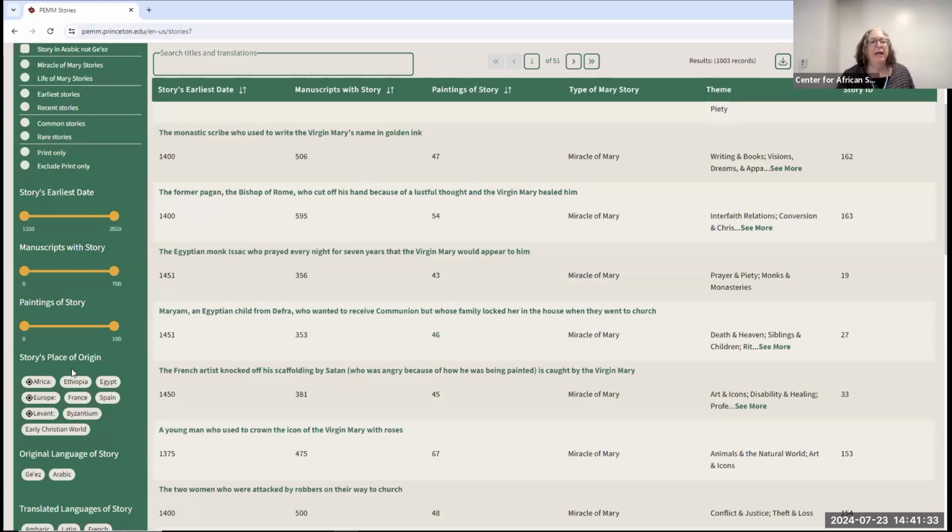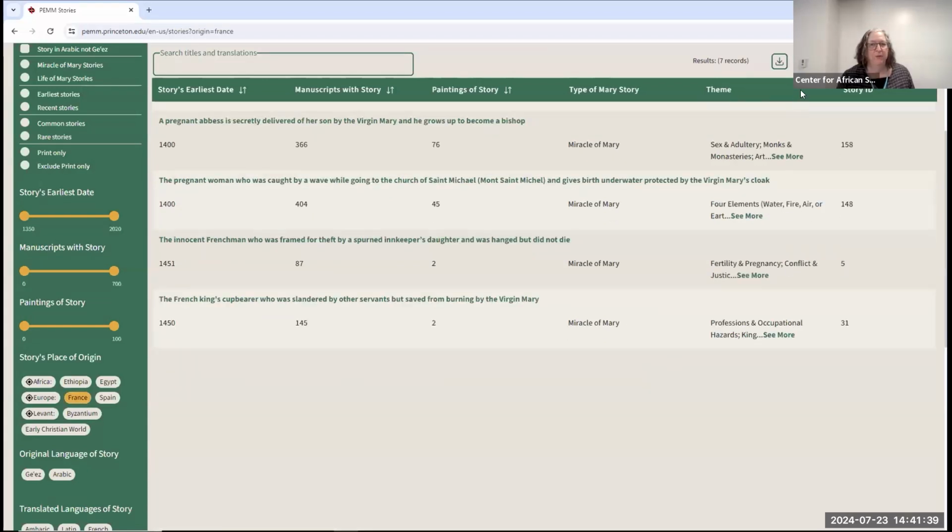Then you could go in here and you could click on the word France. And it would tell you, oh yeah, they're really true. 7 stories are from France out of 1,000. So clearly France is a huge influence on this tradition, right? So to me, part of it is pedagogical, where you can tell the kids, hey, give me an answer to a question, and they can go in and they can prove that.